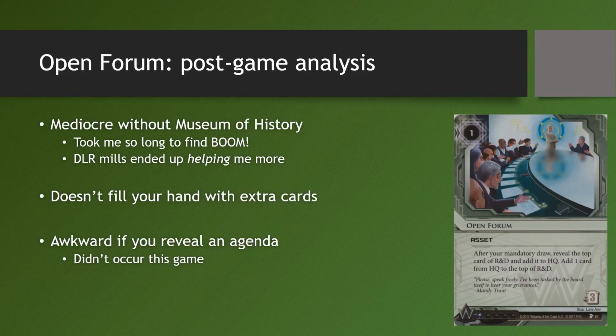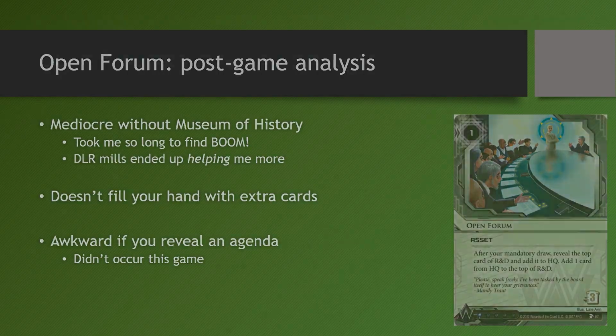Or rather, it could have been. So that's something very important to note. It's actually a very huge downside of Open Forum, and this is another strike on it in terms of using it as a Sensei replacement in Wayland Asset Spam. Another card I want to look at is actually